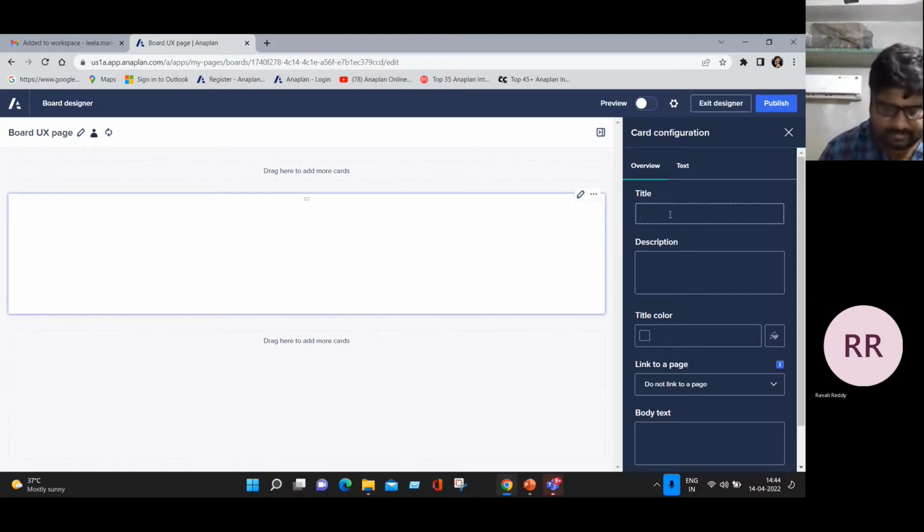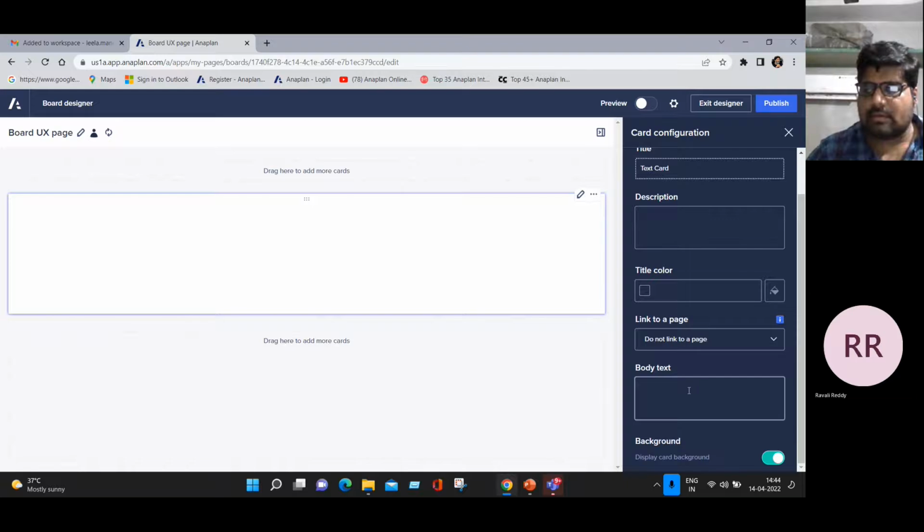Here I give a title. For example, I give a test card for identification purpose, and in the body of the test I will give the text UX page, code UX page,